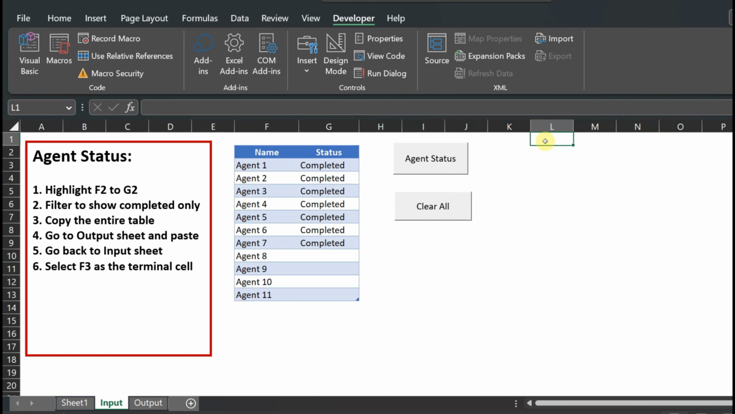So basically, as a beginner, those are the things that you need to know on how to create a